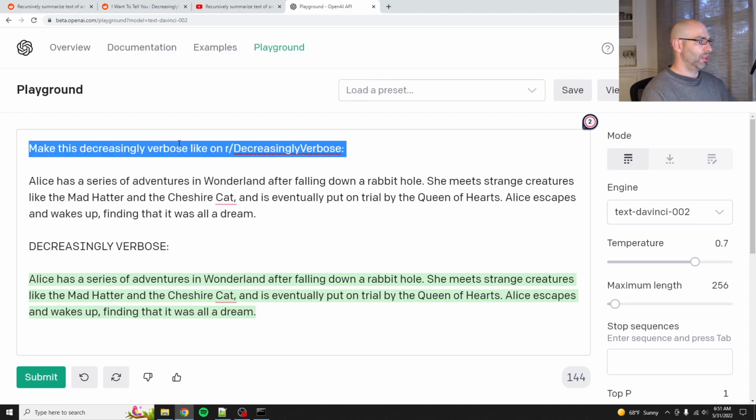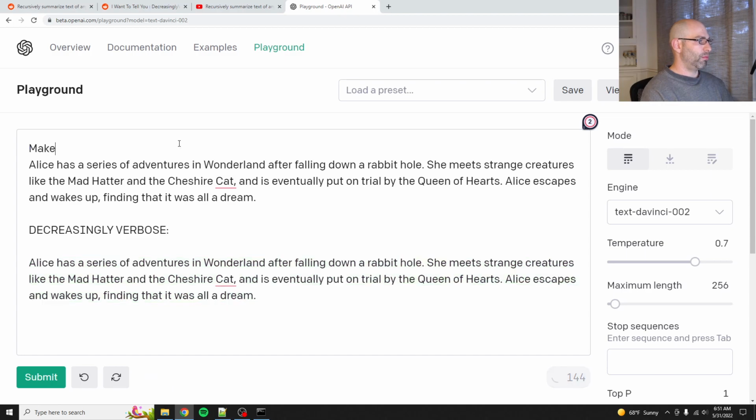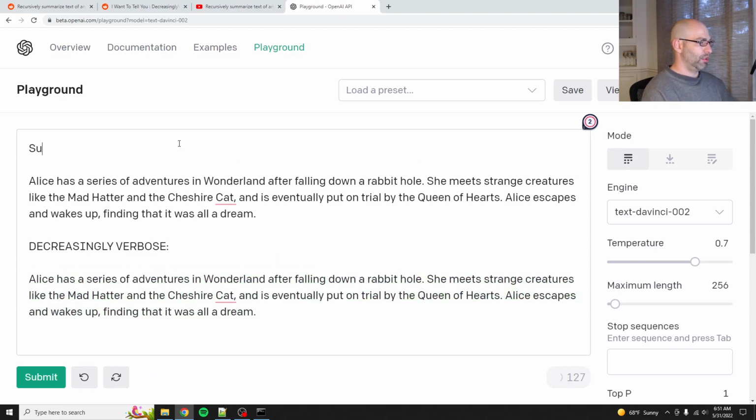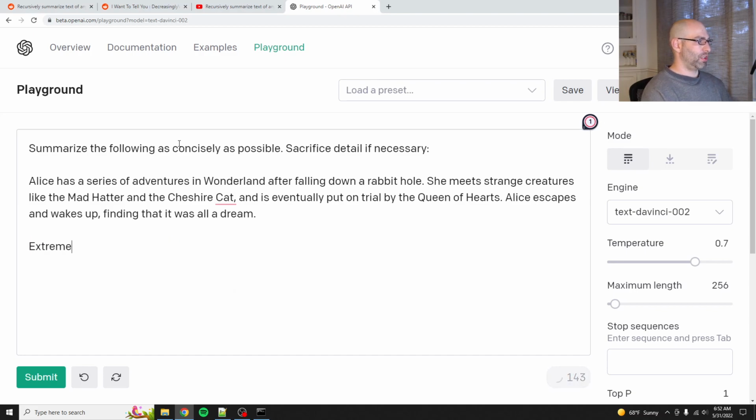Let's see. Summarize the following as concisely as possible. Sacrifice detail if necessary. Extremely concise summary. Let's see if that works.